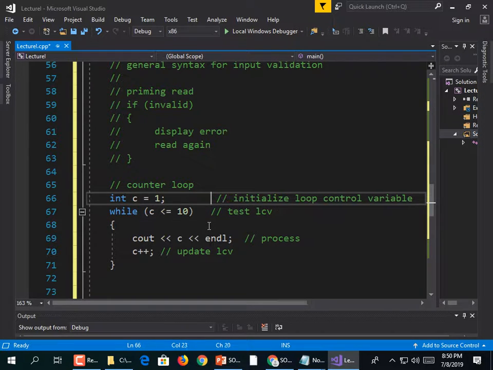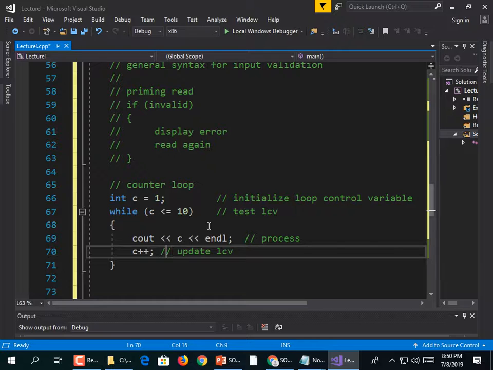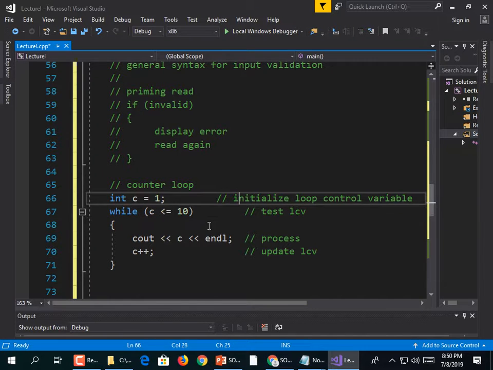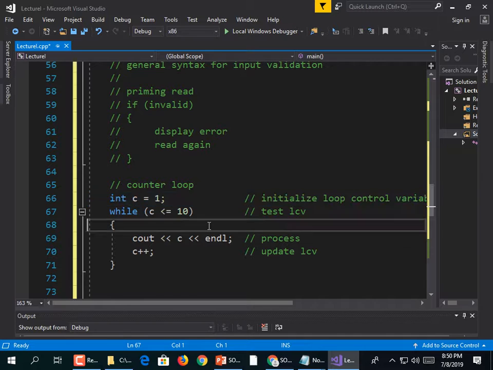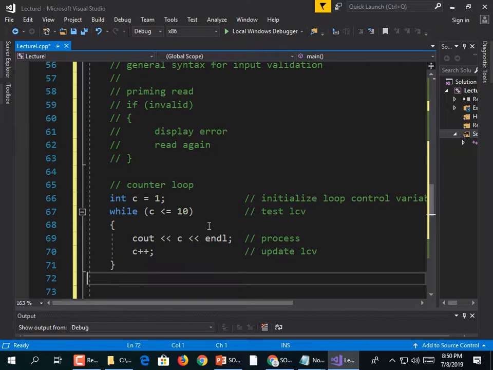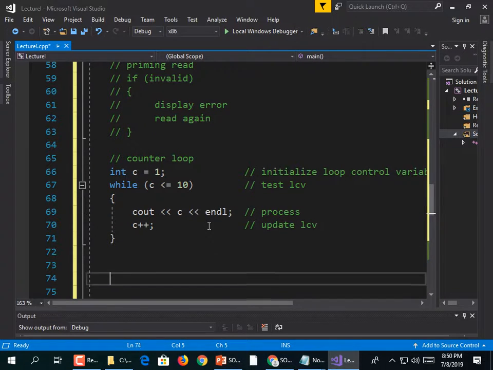I can line them all up, if I feel like wasting my time. Right, line up all my comments. So four things going on. Initializing the loop control variable, testing it in the while expression. In the body of the code, we do some process and we update the loop control variable. So a counter loop